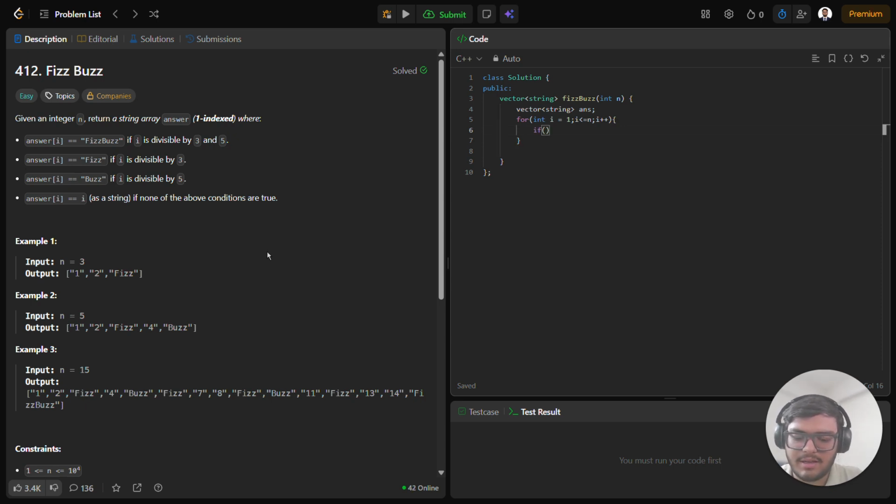Here we check if i mod 3 equals 0, and we use logical AND so both statements must be true, and i mod 5 equals 0. Then we do answer dot push_back